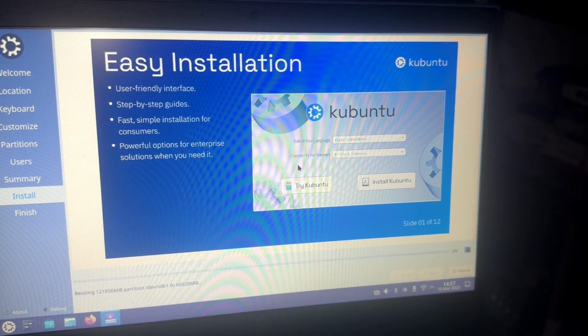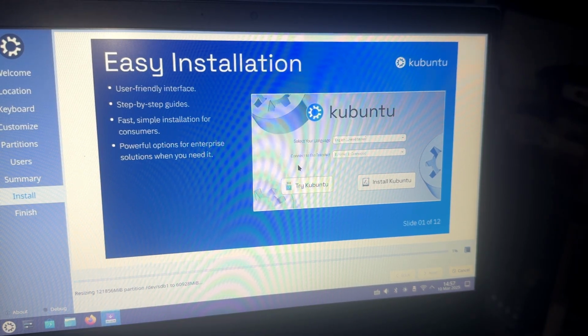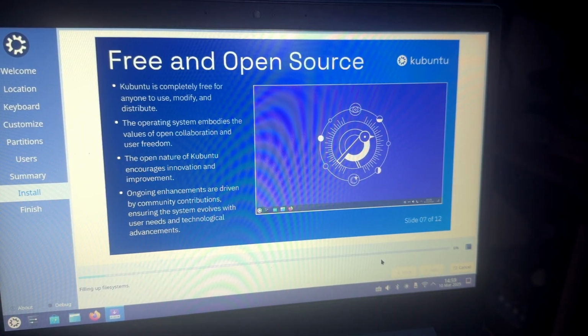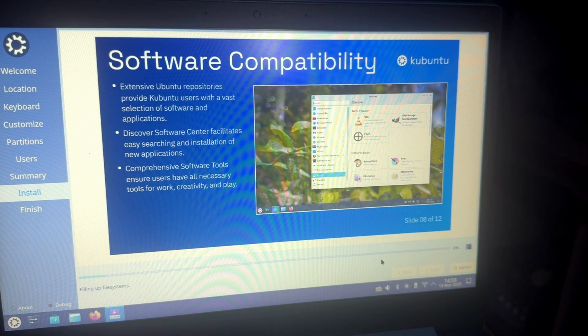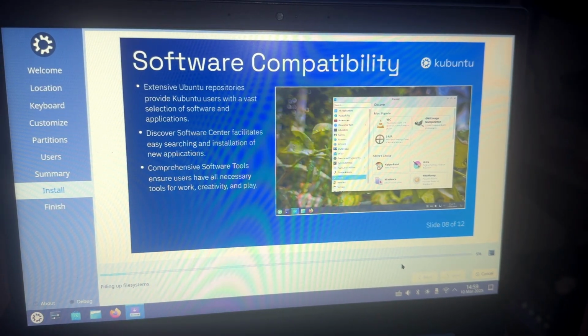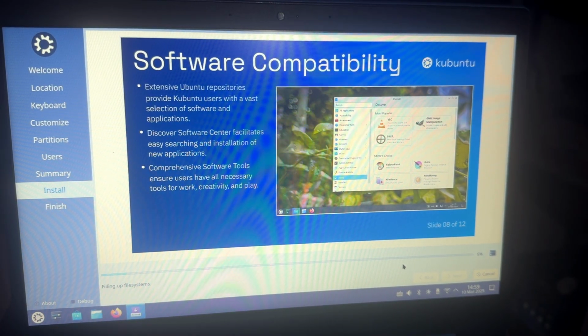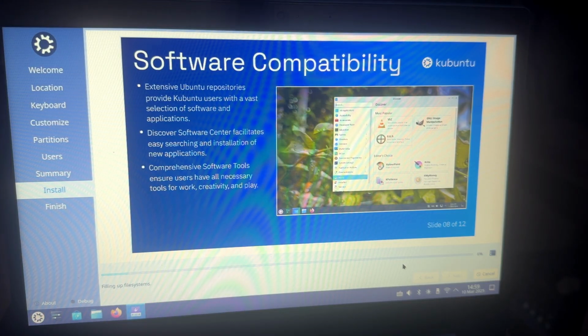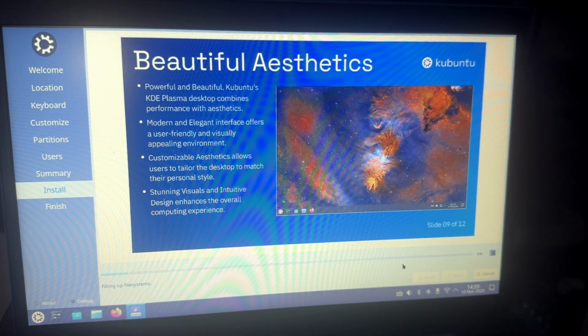Once it starts installing, you'll see a series of informational displays, and you'll see a progress bar at the bottom. It takes quite a while to install, so I'm not going to run the whole installation here. At the end of the installation, it will tell you it's finished, and it'll tell you to restart. So that's not something I need to show you,